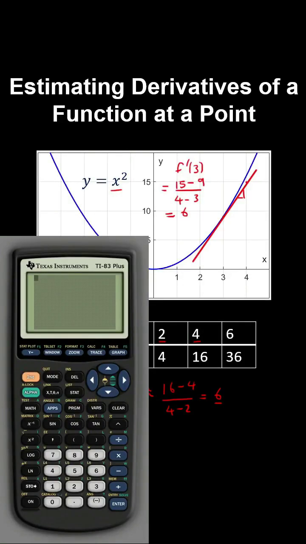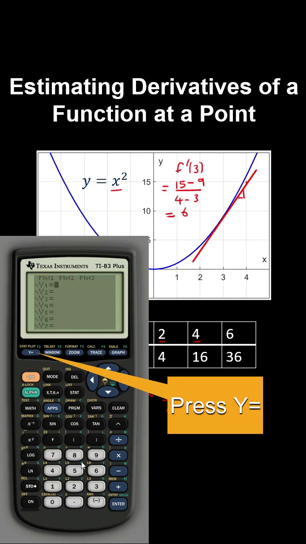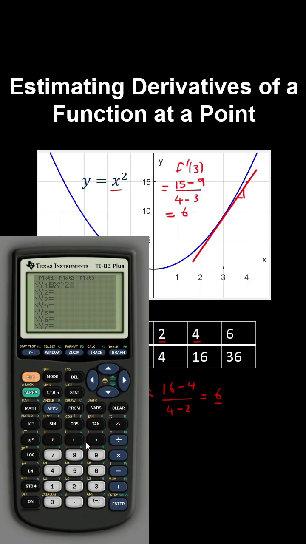Let's use technology to estimate the derivative of a function at a point. We did this previously by drawing the tangent line manually. So let's first plot our curve, which would be x squared. Now to approximate the derivative, we can use second function, calculate, and choose option 6. Now we can enter an x value of 3, because we want the derivative at x equals 3. That gives us dy/dx equal to 6, which is the same result that we obtained using the